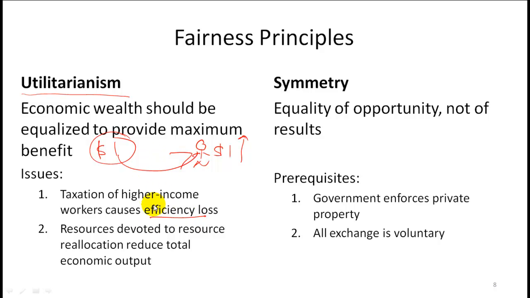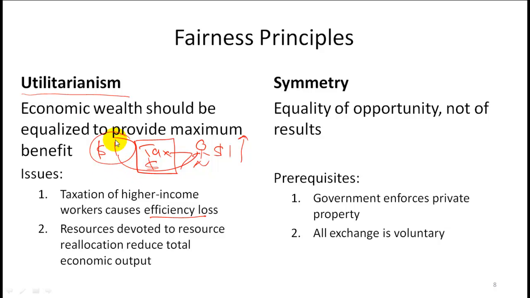So that's one issue. The other issue is, to create this redistribution, you need a whole taxation system. Obviously the taxation system in and of itself is not adding any value. But we need to pay people to create this system and this process, and that in and of itself is inefficient, because we are creating this whole revenue distribution department that is simply taking money from the rich, giving it to the poor, not making society better off in any other way. So those are potential issues with the